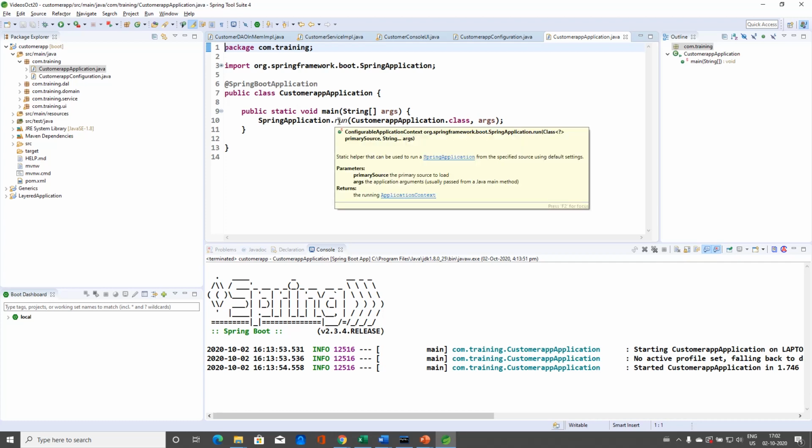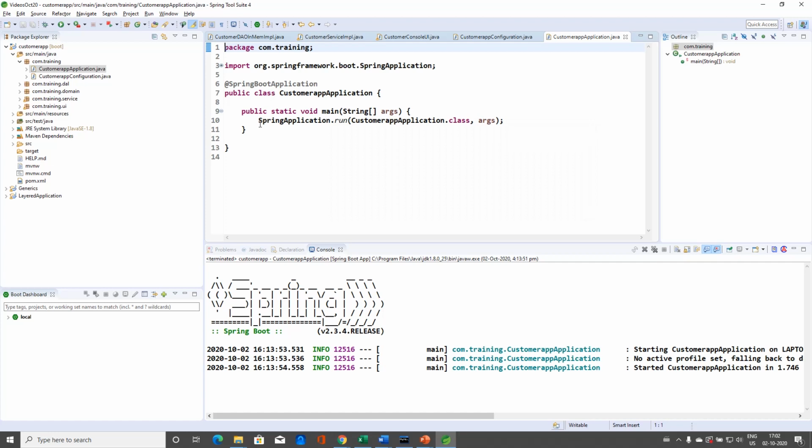If you closely observe this run method, you will see that the return type of this run method is a special type of ApplicationContext object. The ApplicationContext object is the Spring container, and that Spring container is built by this run method, and we need to get hold of that Spring container to work with the beans that it creates. So I'm going to change the line of code here to ApplicationContext springContainer equal to